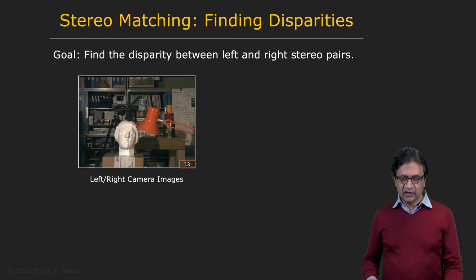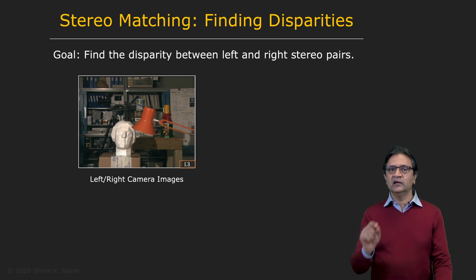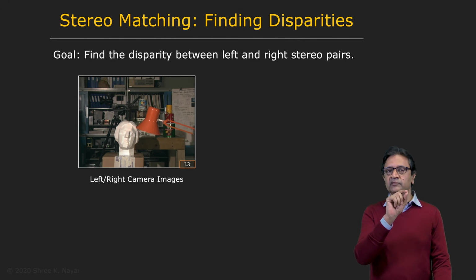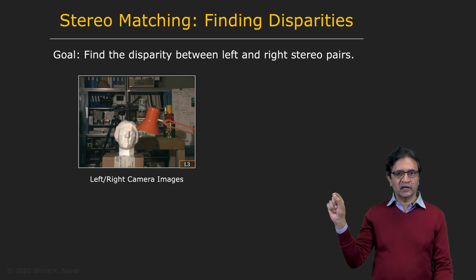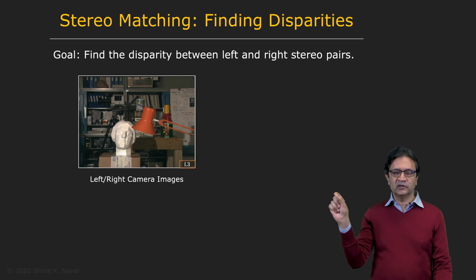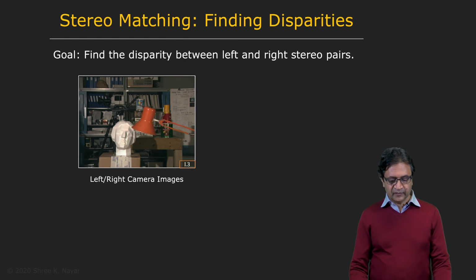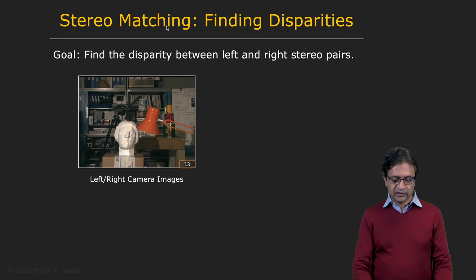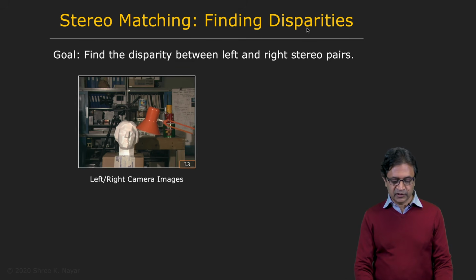All right, so now there's one little piece of the puzzle missing here, which is we said for a point UL, VL in the left image, let's assume we know where it lands in the right image. We know the correspondence between points in the left and right image. Well, we need to find that correspondence somehow. So that's called stereo matching. Once we find correspondence, then that leads to disparity.